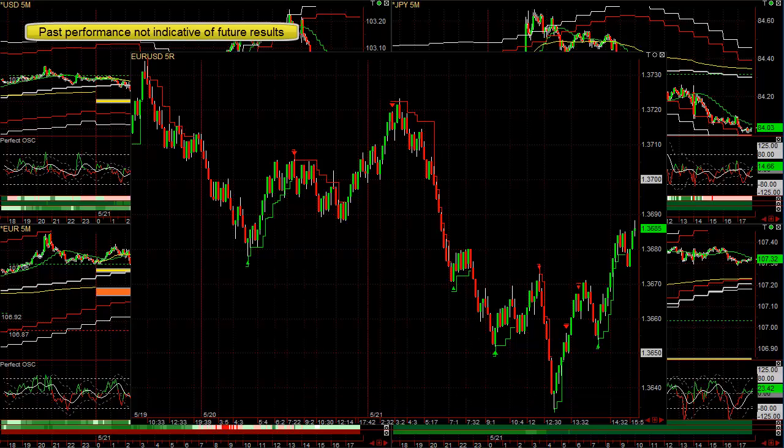We have head and shoulder patterns right here. Notice the market made a lower low, comes back up, comes down. Perfect head and shoulder pattern. That's what this one is. I just put that in there today. They're relatively rare when they're this perfect. But nonetheless, when I do see a perfect head and shoulders pattern, I make sure our software and signals pick it up